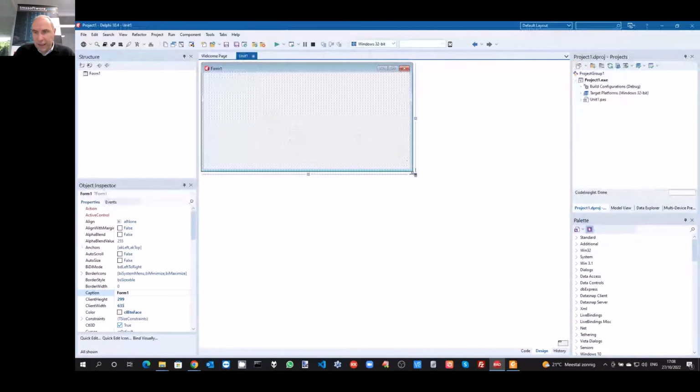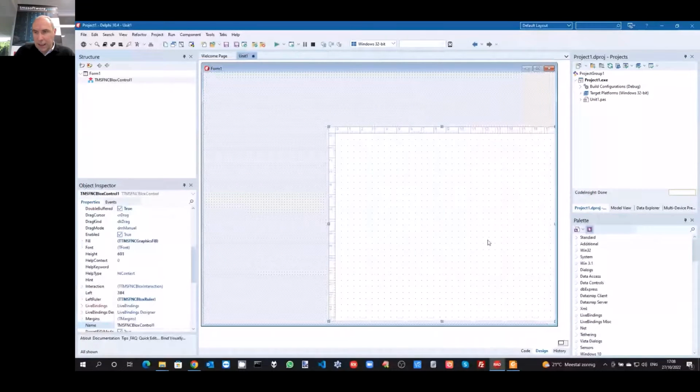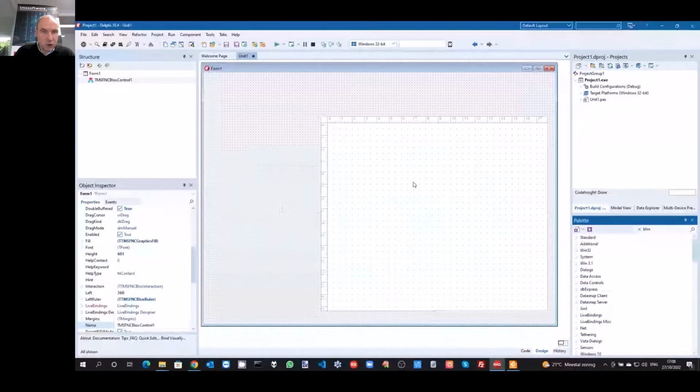So this is a brand new VCL application, and from the tool palette you can see we have the blocks control. So this is the main control, and we will add, in addition to that, as you can see, I have these controls: the blocks edit toolbar, format toolbar, format block text toolbar, select toolbar. These are available as I have on my machine both FNC UI pack and FNC blocks installed. But we'll start with the controls that are available when you have just FNC blocks.